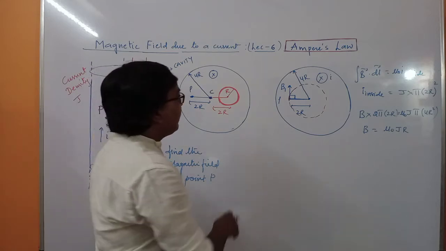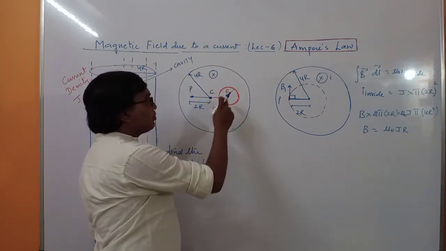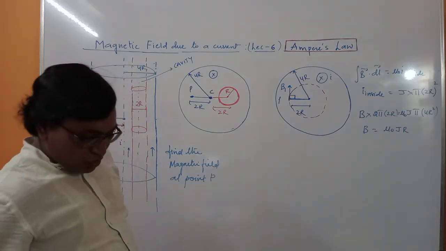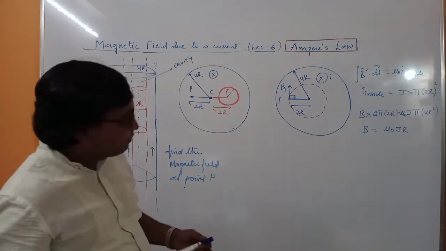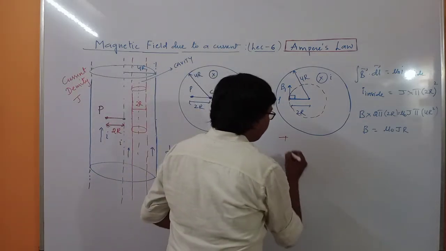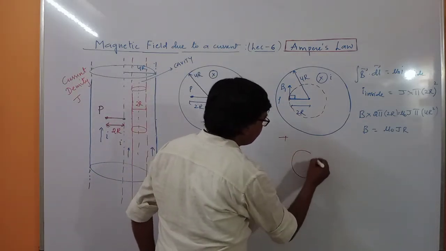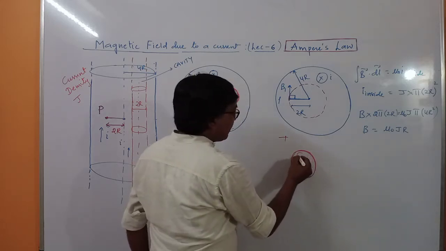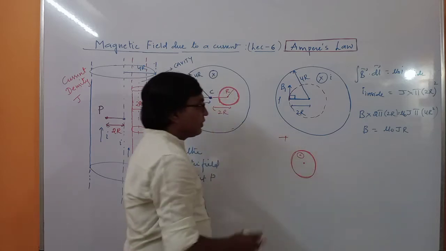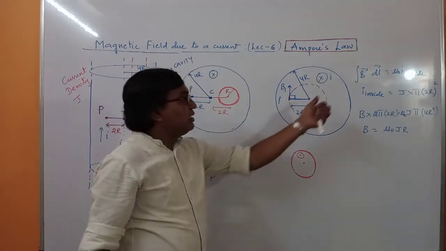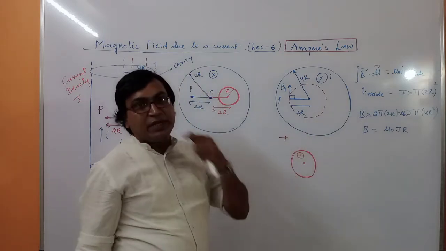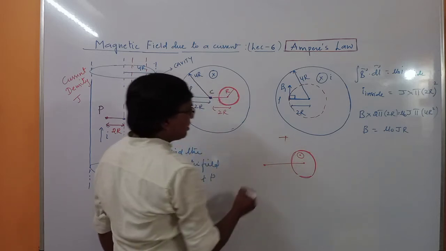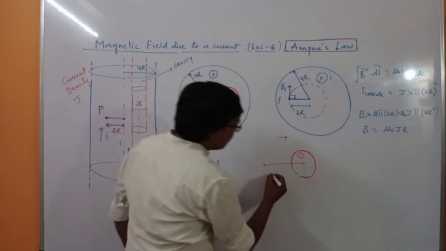Now similarly we will find out magnetic field due to this distribution at a distance of 2r. Fine. So magnetic field due to the distribution, addition of this. So we have taken this loop. Here we will be assuming the current to be flowing out. So when you superimpose this, here current is going inside, here current is coming outside. So total current will become 0. So this distance will come out to be 2r and 2r. So it will be 4r.